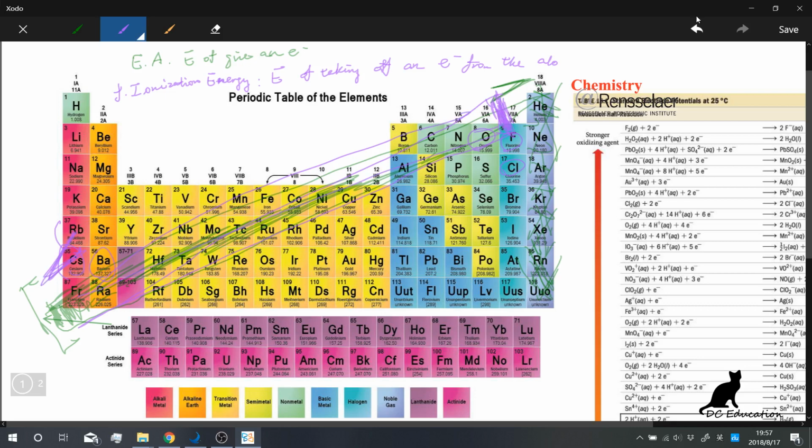And there are other stuff like sizes, which is slightly size of atom. Let me change to another color so it won't really confuse people, and hopefully I'm not confusing people too much right now. Size of the atoms,